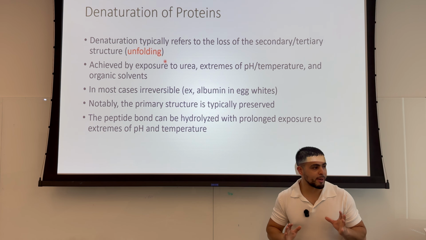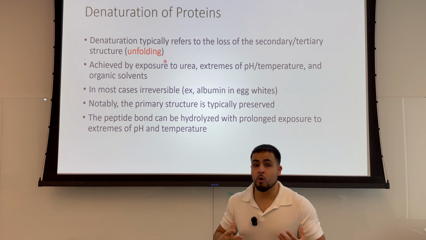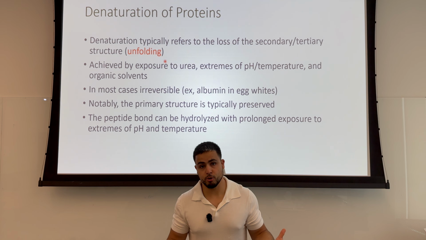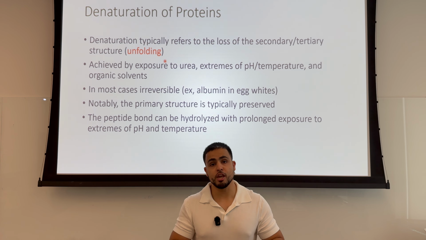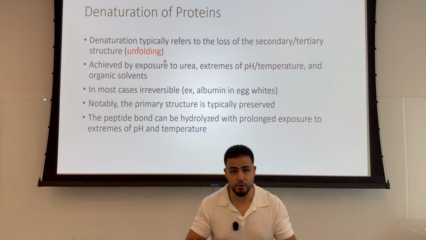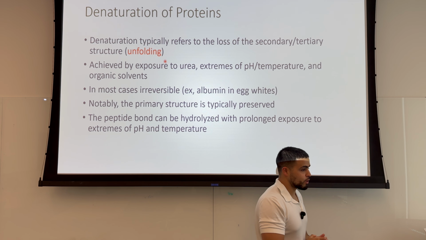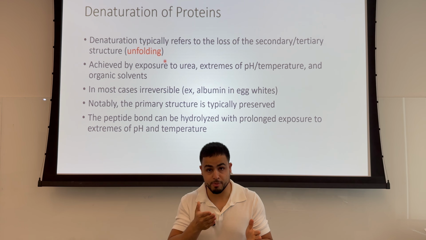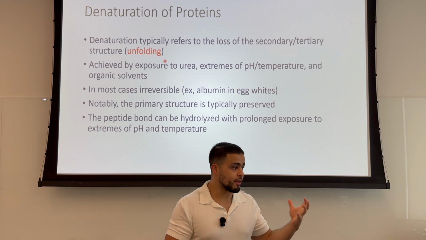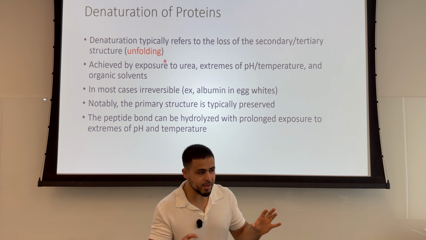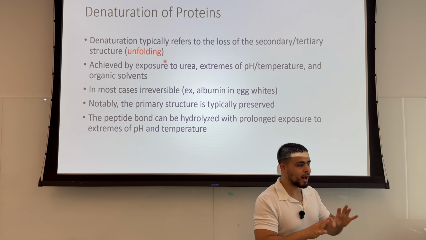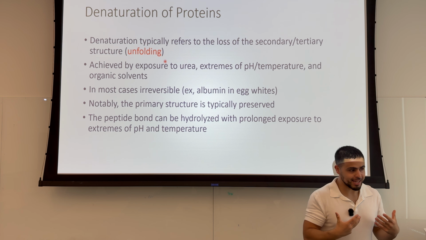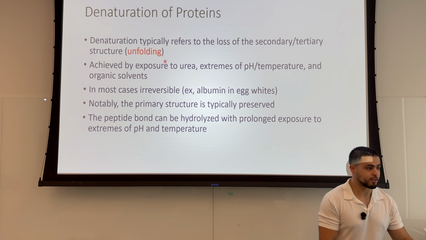All right, now let's talk about the denaturation of proteins. So when we talk about the denaturation of proteins, we're typically referring to the unfolding process of the tertiary and secondary structures. So we're not really referring to the peptide bonds being broken when we're talking about the denaturation of proteins. So typically that primary structure, the polypeptide, is preserved because it's a lot more difficult to break those covalent